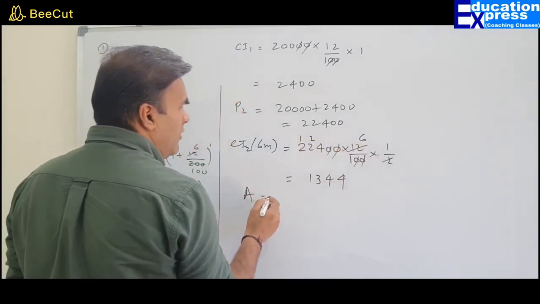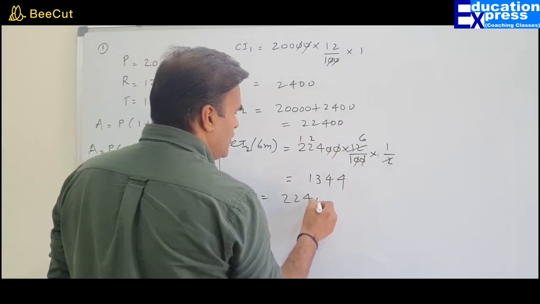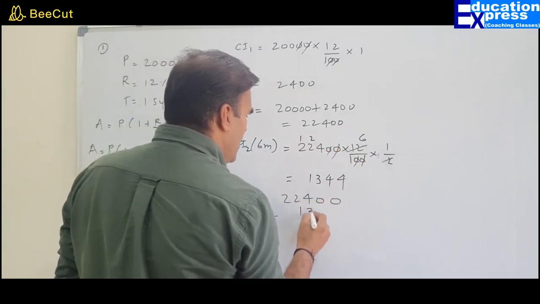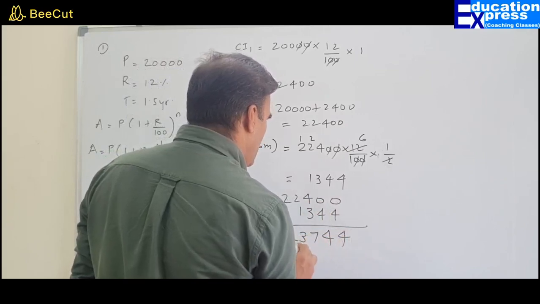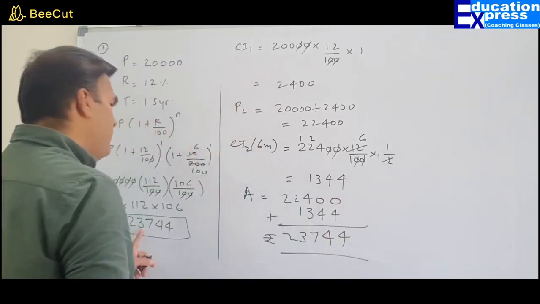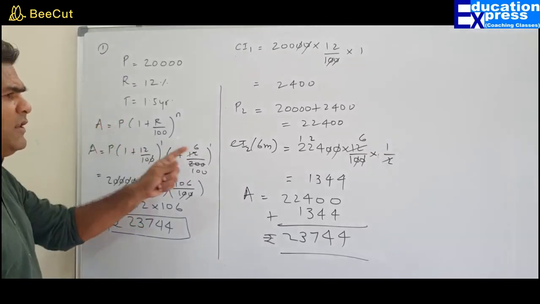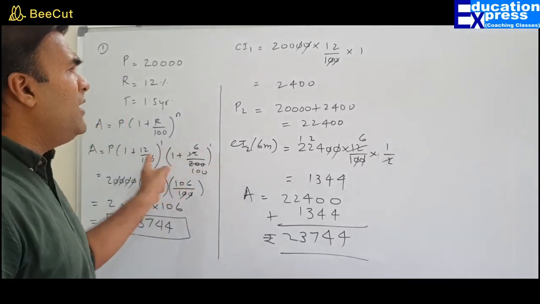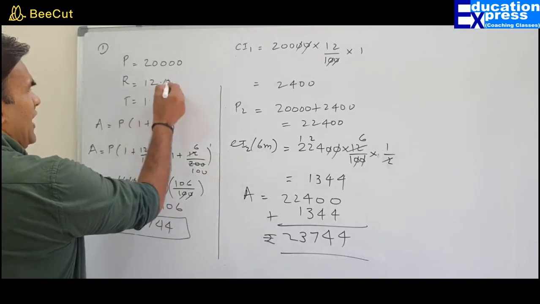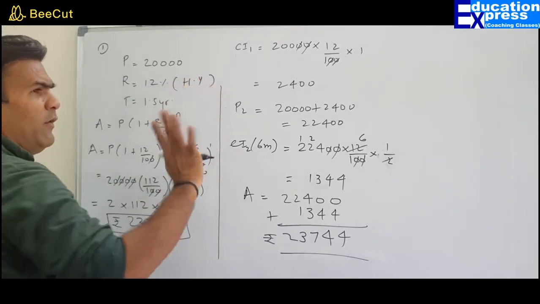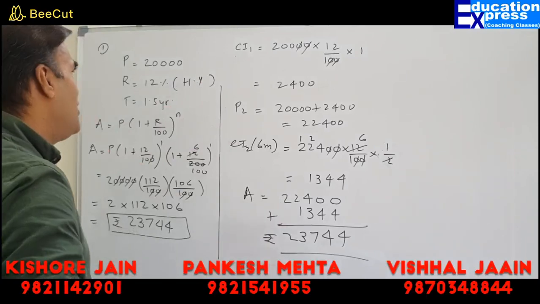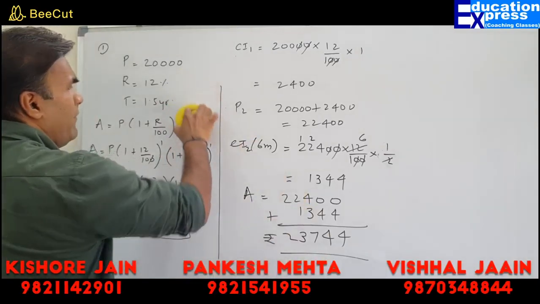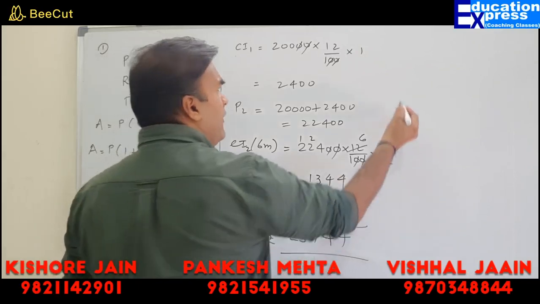So your amount will be 22400 plus 1344. That will give you 23744, which is exactly the same. This is with the help of formula, this is without formula. Nowhere in the question they have mentioned that rate is half yearly. Nowhere they have mentioned that it is half yearly. Nowhere. But in this exercise, I am mentioning it for the first time